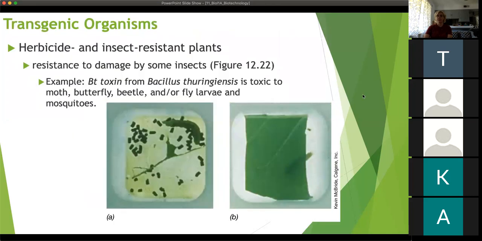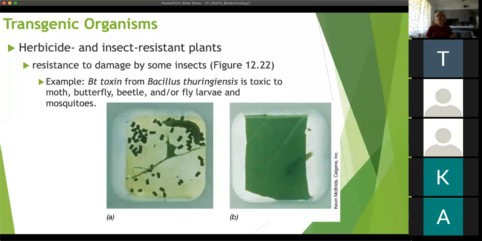Another application is to make plants resistant to herbivory or insect consumption. So again, you plant your crop, you're so happy, and then here come the caterpillars and they eat your whole plant. Bummer, right? So scientists have been able to use that same system to put a toxin into the plant leaves. And again, that sounds scary,